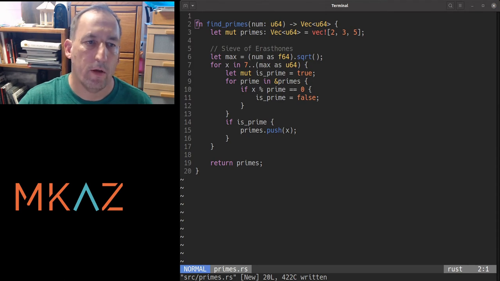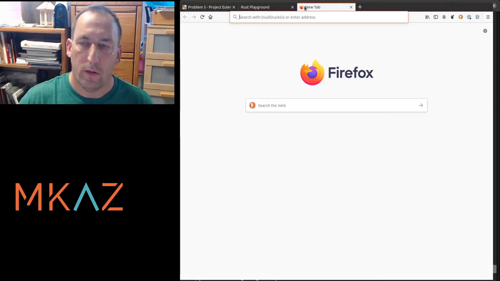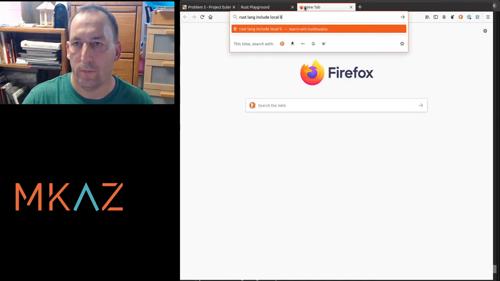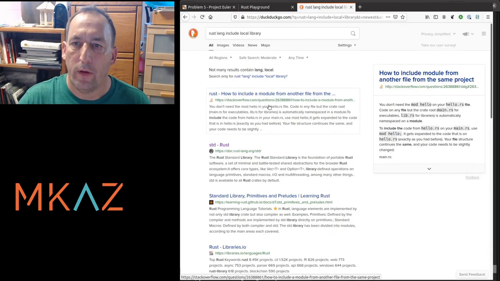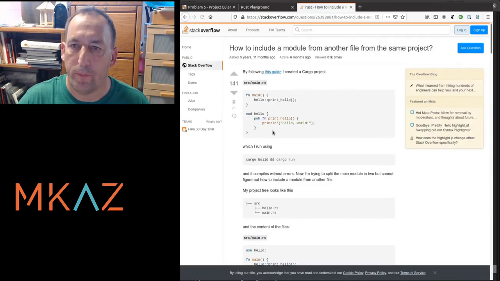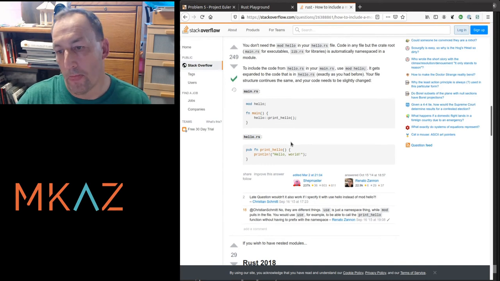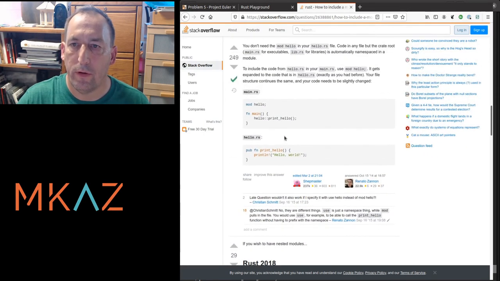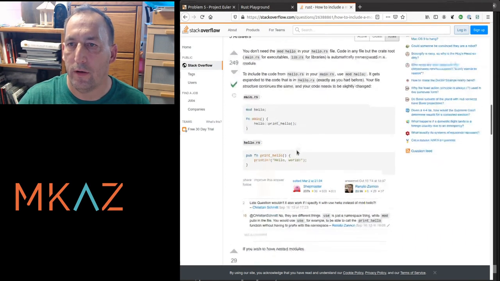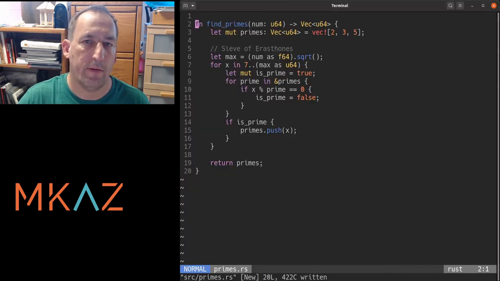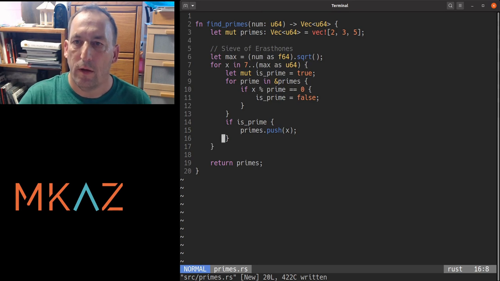All right, so Rust lang include local library. How to include a module from another file. Perfect. All right, ignore the question. We want to do this. Hello rs, mod hello. I don't want nested modules, I just want one. That looks relatively simple, and I don't put anything there. That looks about as easy as we can do it. And basically what we have is more or less it, right? Yeah,